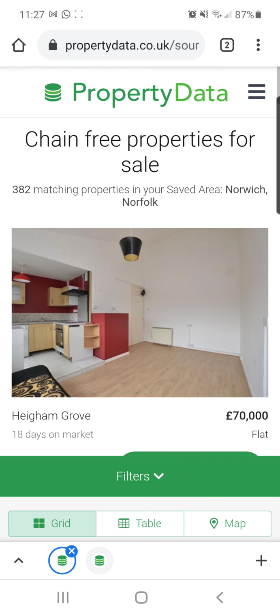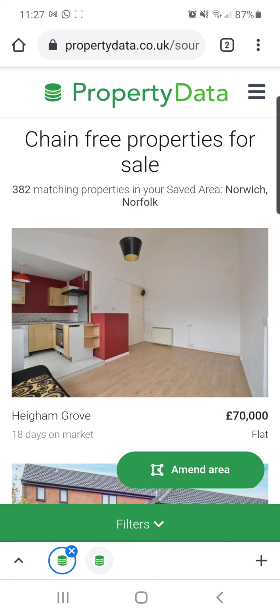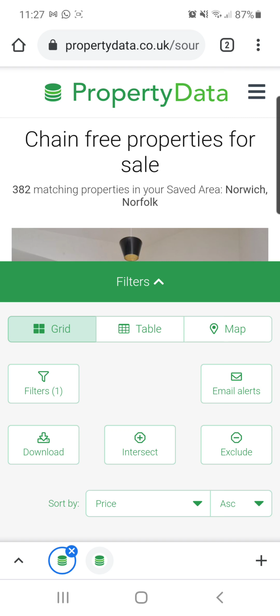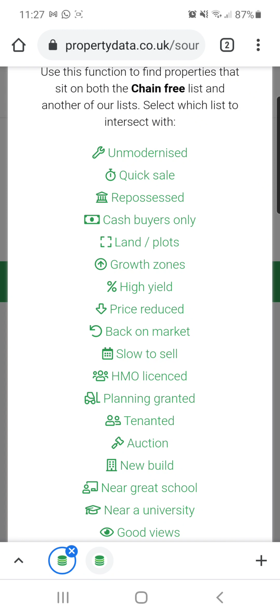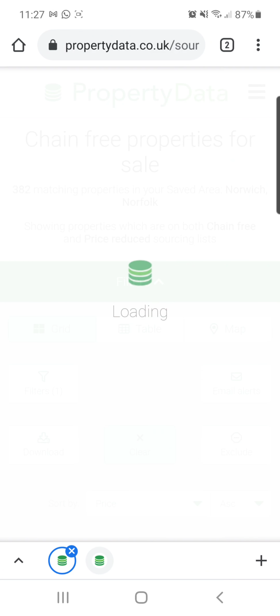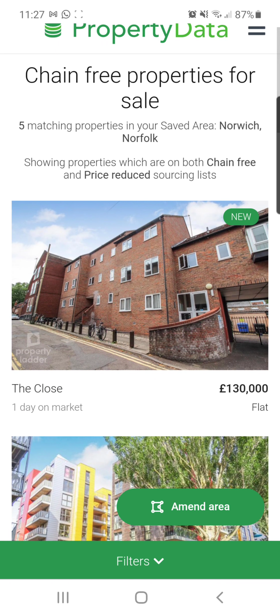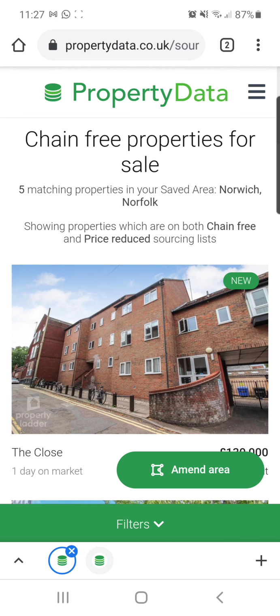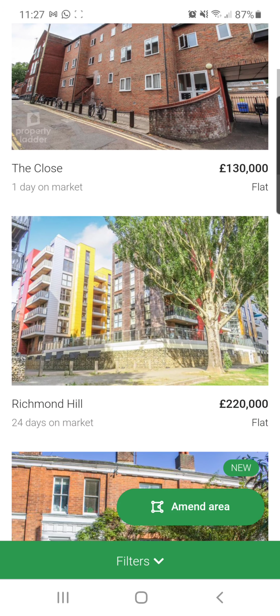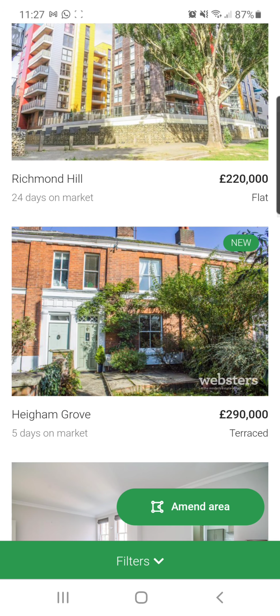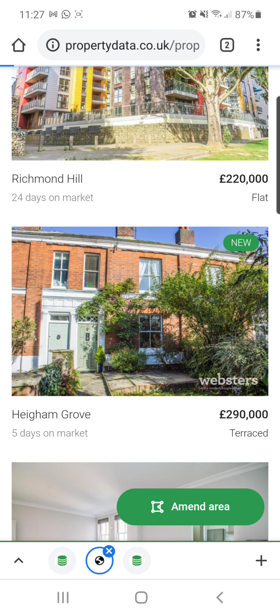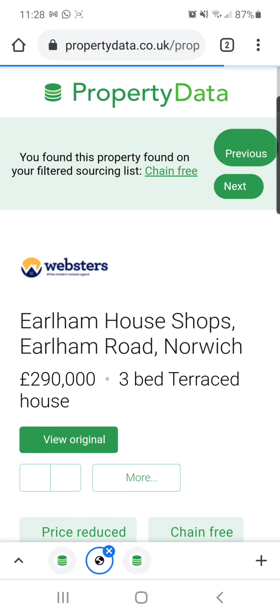And whilst I realise I'm doing this on my mobile phone, you can do the exact same intersect when you're on a desktop. But here we're going to go for price reduced. So hopefully this time we'll find a few where they've had chain free and they've been price reduced, and the price reduction has got to have been more than 15%. So for example, this property on Higham Grove,